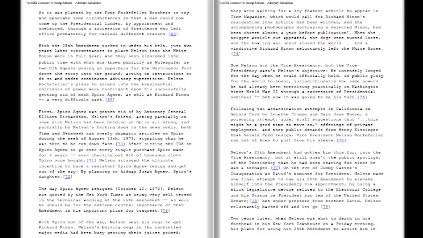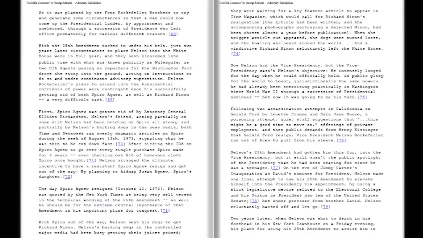67. So it was planned by the four Rockefeller brothers to try and generate some circumstances so that a man could now come up the presidential ladder, by appointment and unelected, through a succession of presidents who left office prematurely for various different reasons. 68. With the 25th Amendment tucked in under his belt, just 2 years later circumstances to place Nelson into the White House were in full gear, and they soon blossomed into